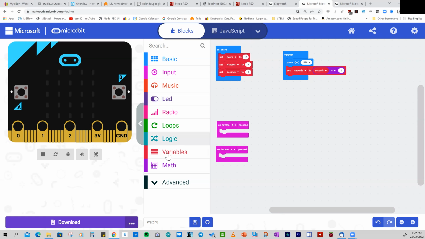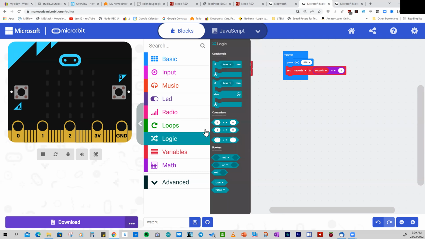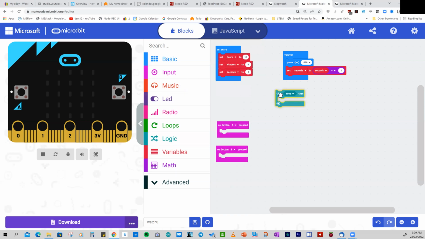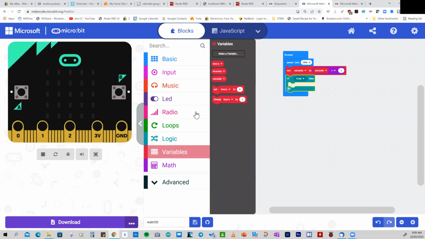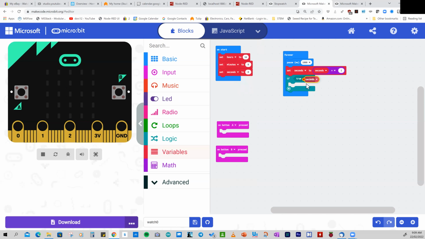So what we do now is do a bit of logic, open up the logic block, and we drag the if block into position. Now, if the seconds, so we go back, grab the seconds, and let it click into the true. So if seconds,